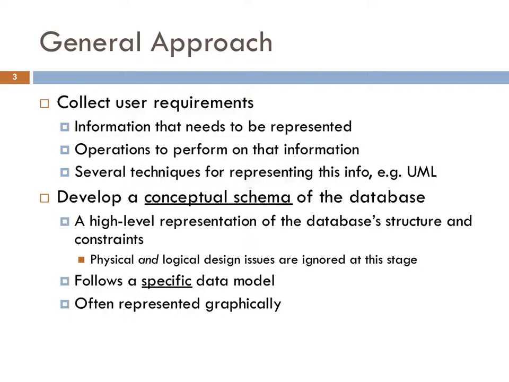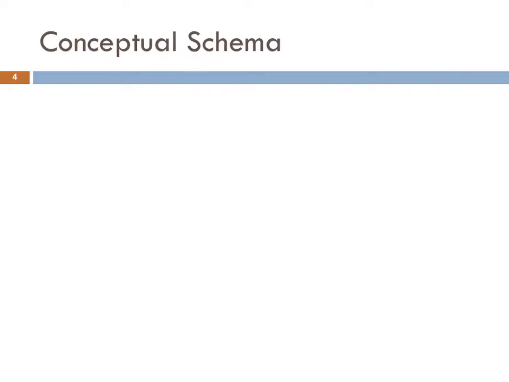What kinds of relationships? What kinds of values? How do they interact? What kinds of constraints can I impose? So if we follow a data model in the conceptual schema, then we start getting a lot of power out of doing that. And I'll show you momentarily. Yeah, it's represented graphically because why not use our fancy brains and our fancy eyeballs to be able to